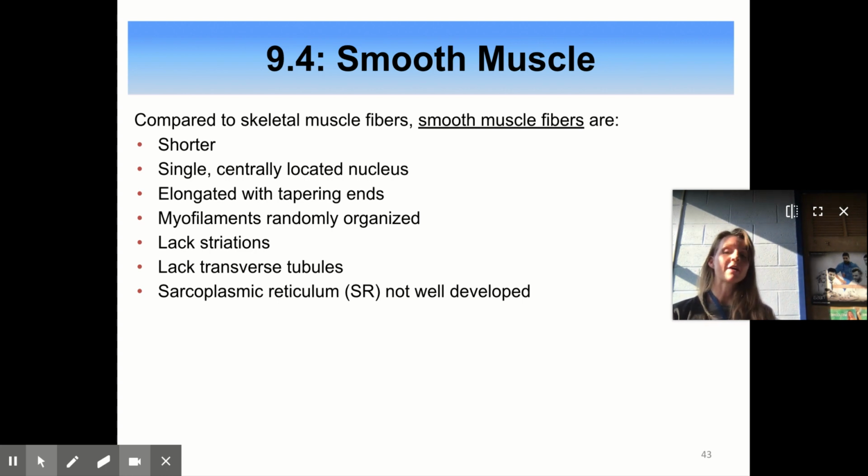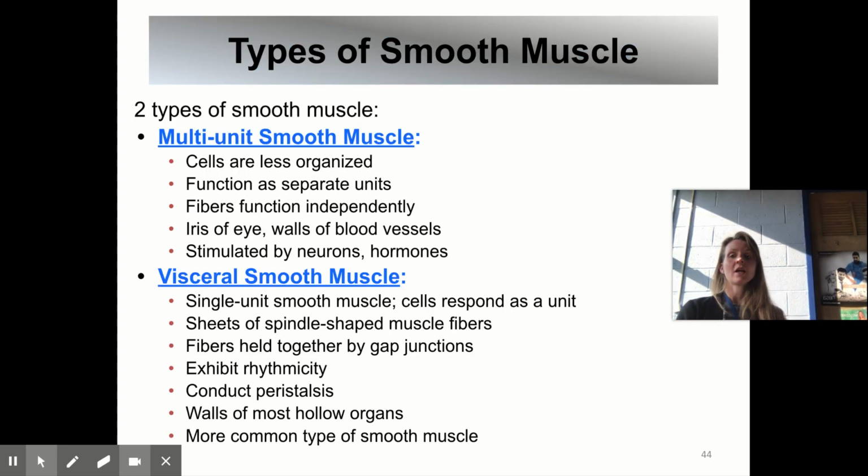Smooth muscles don't have the same amount of strength as skeletal muscles. In fact, when you think about your digestive system, if you laid in bed to digest food, your digestive system is going to take way longer. Whereas if you moved around after eating food, and I don't mean right after, I mean like 30 minutes after, once the food is down into your intestines, which is all smooth muscle, that's going to help that digestive system way more. In fact, your digestive system kind of depends on that movement to make sure that things move around